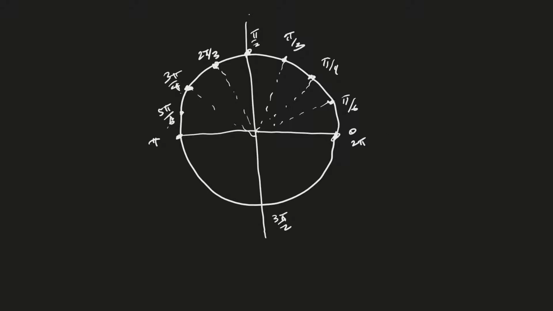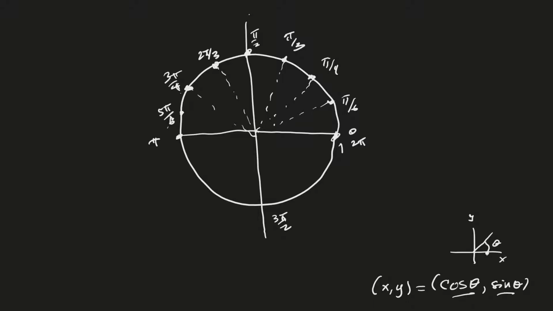Remember that ordered pairs here on the unit circle, x, y, can also be written as cosine theta, sine theta, where the theta is the angle, it's the central angle here that's made with the positive x-axis. Okay, so that's your theta. And if this is the unit circle, then this has radius 1. Good. So now I think we can figure out what our cosine and sine will be for all these different